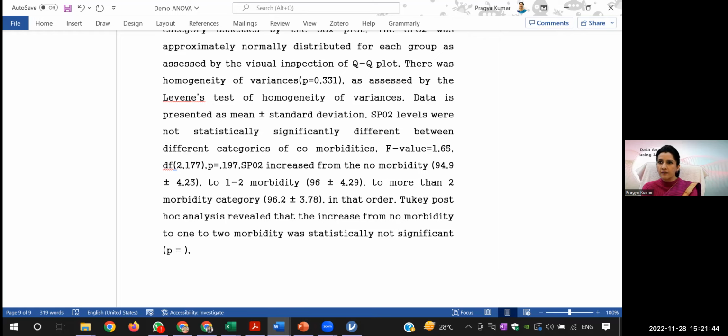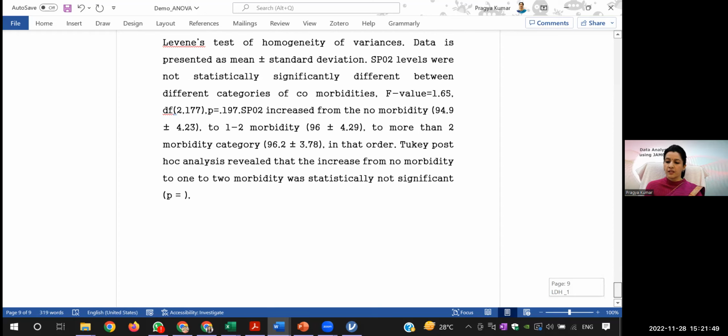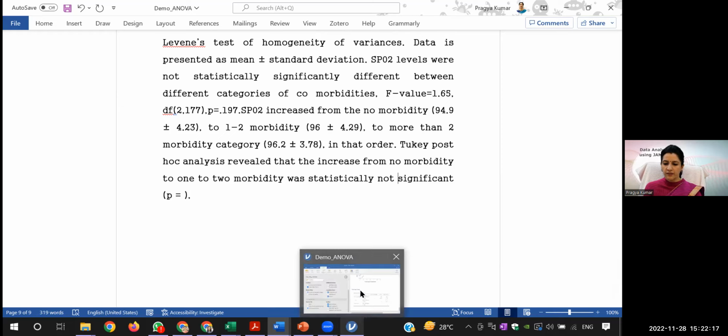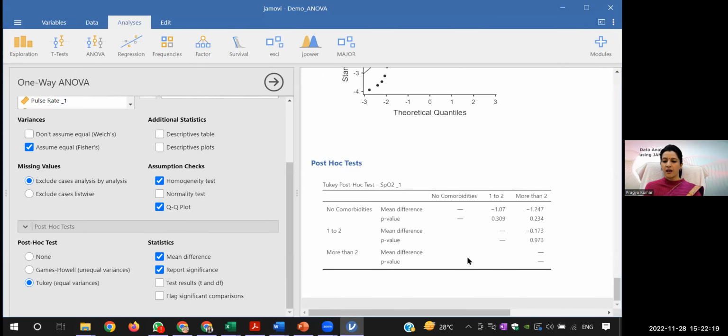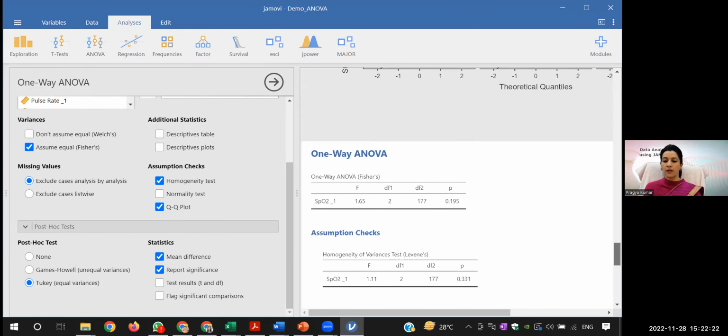Vikram is writing, why is the DF not an absolute value? When you take the Welch one, then it is not absolute. It does some correction. How it is done, even I don't know. Okay, he's asking why in decimal. It is a comma. I'm so sorry, 2,